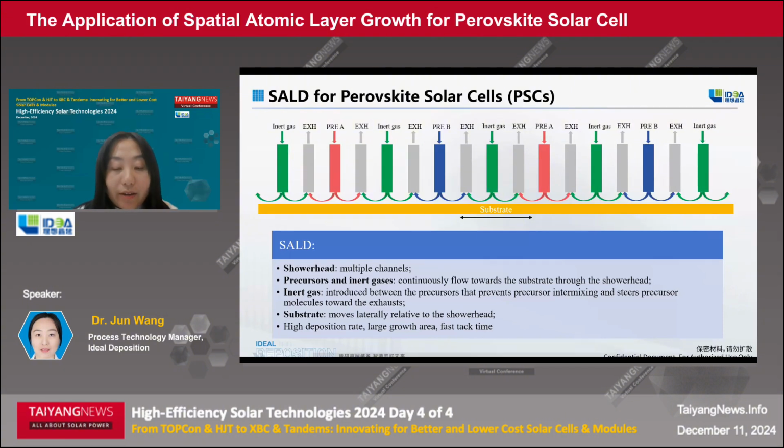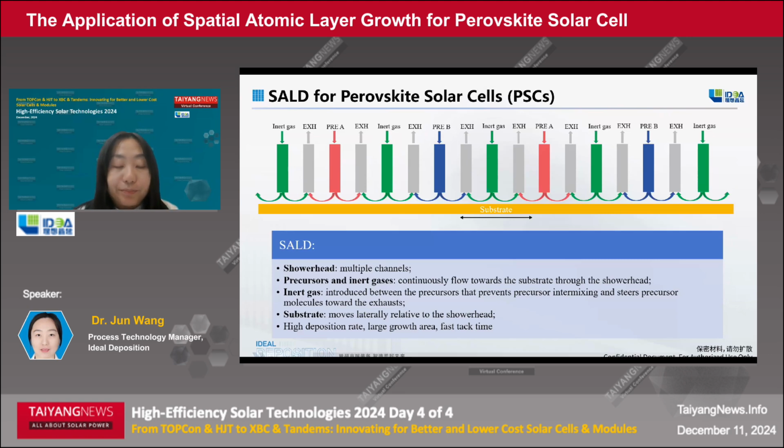The substrate is moved laterally relative to the shower head, being sequentially exposed to the precursors during the movement. The inert gas introduced between the precursors serves as a curtain that prevents precursor intermixing and steers precursor molecules